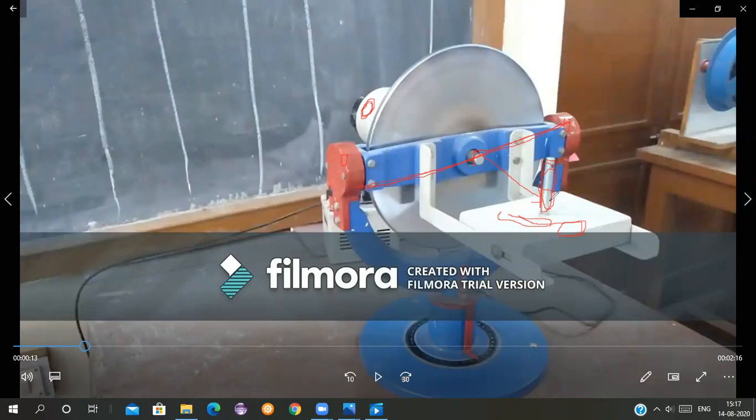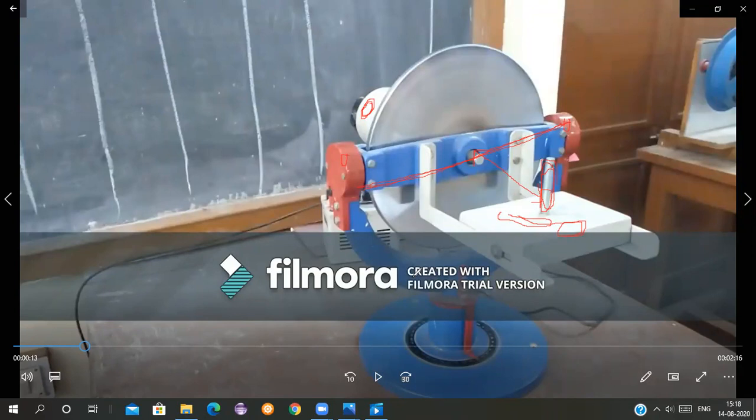This is due to the reactive gyroscopic couple. Because of the reactive gyroscopic couple, it is not going down much, but it starts rotating. This is what happens in aeroplanes, ships, and two-wheelers also. That is why you have to bend when driving your two-wheeler. When taking a sharp turn, you bend yourself so that you create a moment opposite to that reactive gyroscopic couple, and therefore your vehicle does not skid.